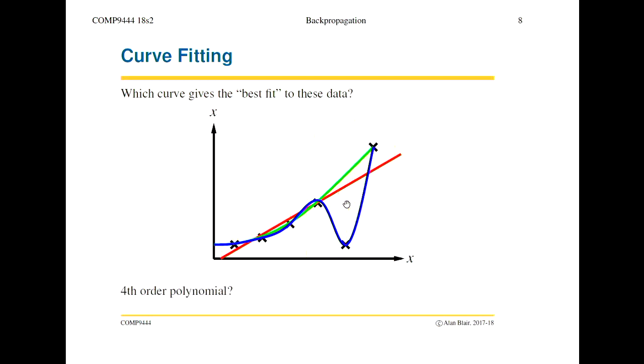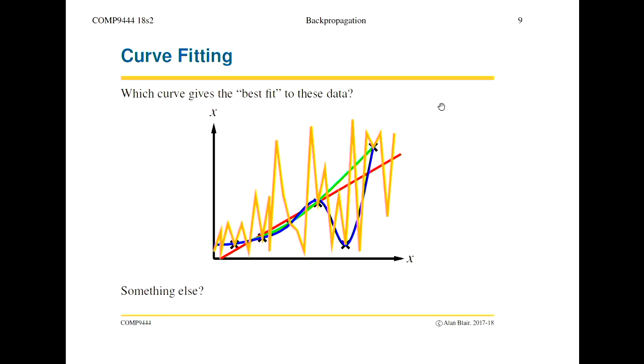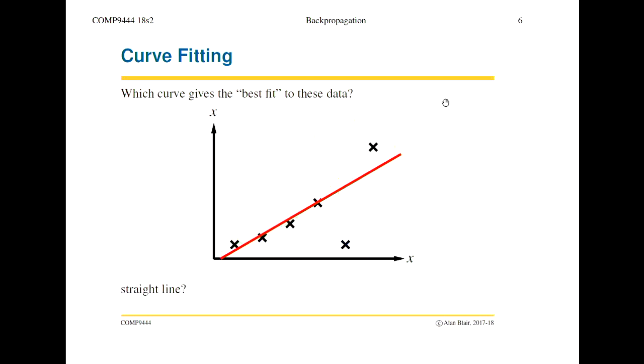So let's have a show of hands. Who thinks the straight line would be the best choice? A few people want the straight line. Who thinks the parabola? Okay, that's more popular. What about the fourth order curve? Not many people want that. How about the crazy one? Okay, most of you, this was the most popular choice, and the straight line was the second most popular. It's interesting no one went for the fourth order thing.